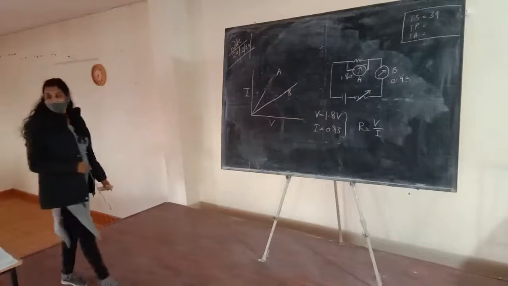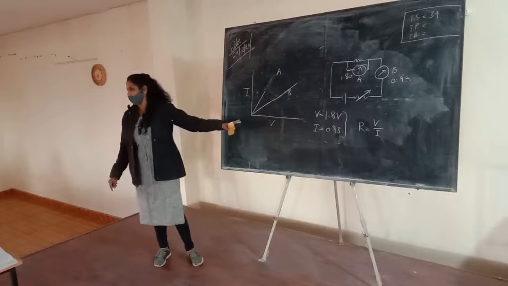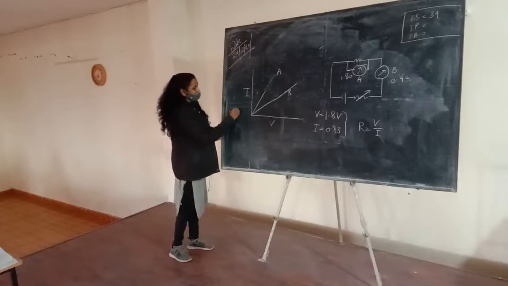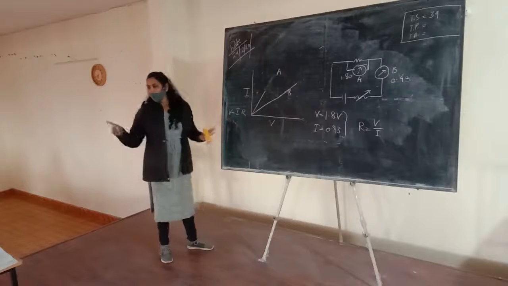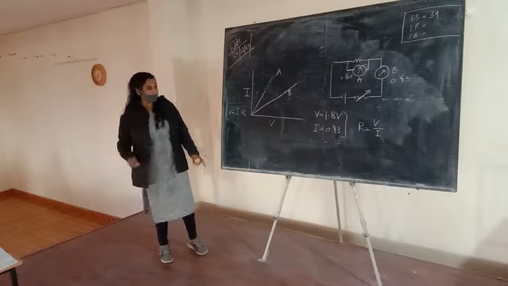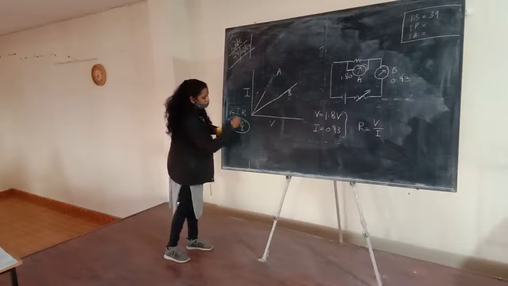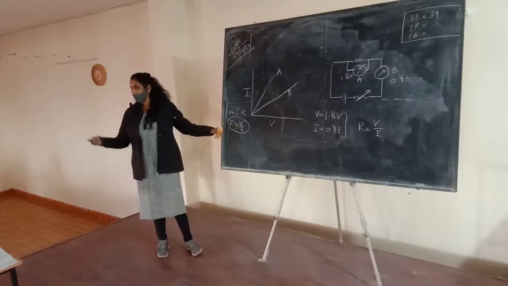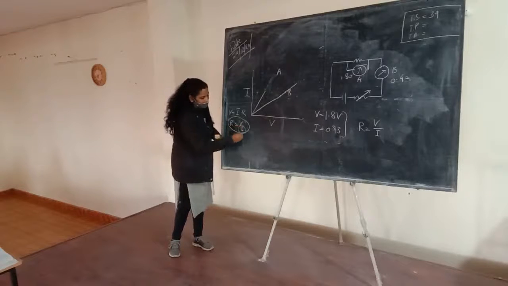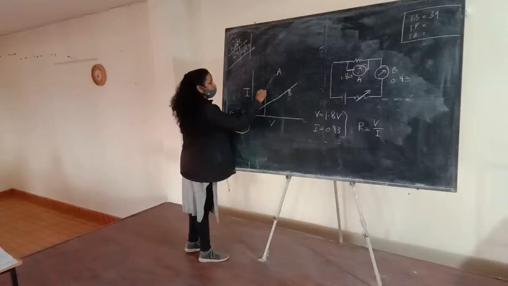This is a very important thing. You should keep one quantity constant whenever you study a graph, as in the practice track. We know V is equal to I into R, and we know that the resistance in series is greater than the resistance in parallel. So it means the one which has the greater resistance will be in series. So we are taking V as a constant. Suppose we are taking V as a constant, so the one having the higher current will have the lower resistance.